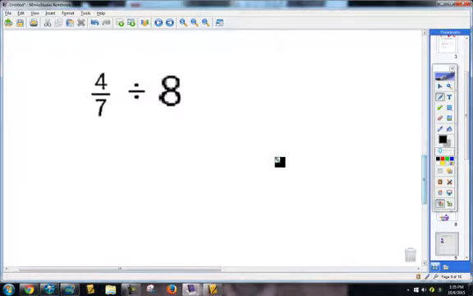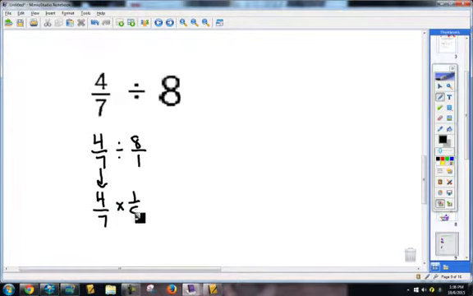Okay? This one here, first step, put it in fraction form. Both numbers need to be in fraction form. So we got 4/7. That stays the exact same. That never changes. Divide becomes multiply. And the reciprocal is 1/8. Remember, division is just multiplication by the divisor's reciprocal. So I won't cross simplify on this one just to show you it doesn't matter. You could cross simplify 4 and 8, but I'm going to go ahead and make it